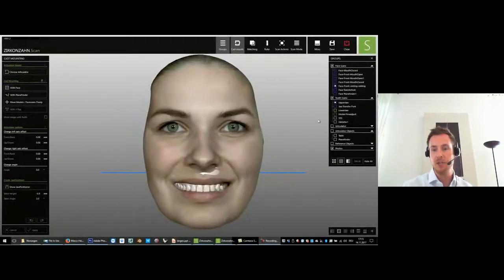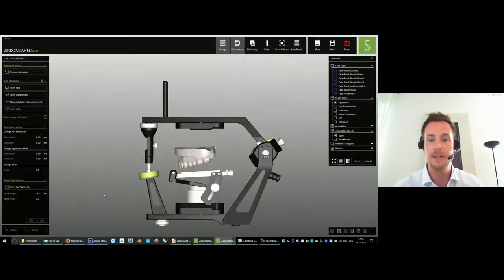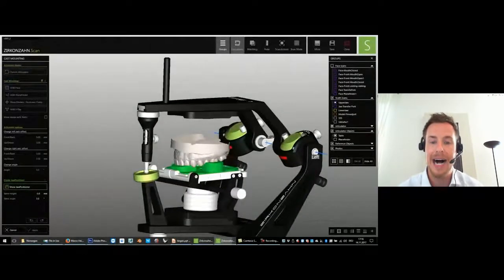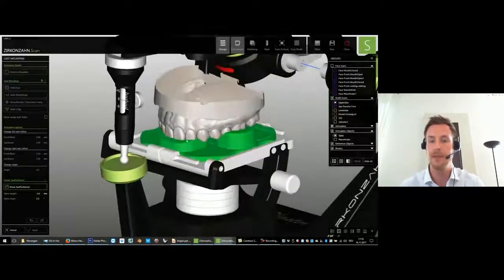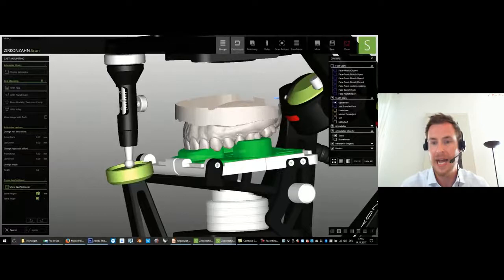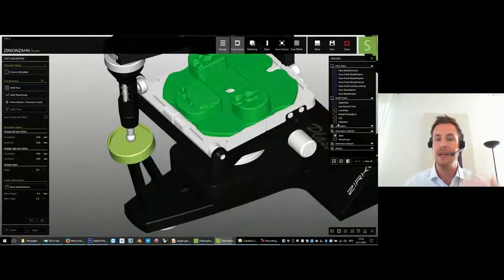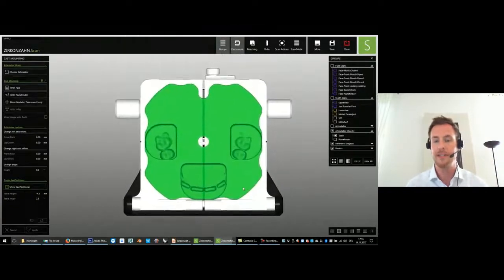And this jaw positioner exists virtually as well in our scan software. That means after mounting the model pair into the articulator digitally, and we want to transfer this position into our analog articulator, we align by using the jaw positioner and the articulator table